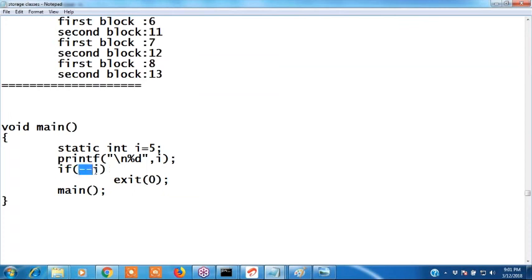If I write minus minus I, what is minus minus I? 4. If 4 means true, true means exit. It comes outside. Okay. Example, if I did not write that, if I have written just I, right guys, and I equals 0, then here I have written minus minus I. Now tell me, guys, what is the output now?